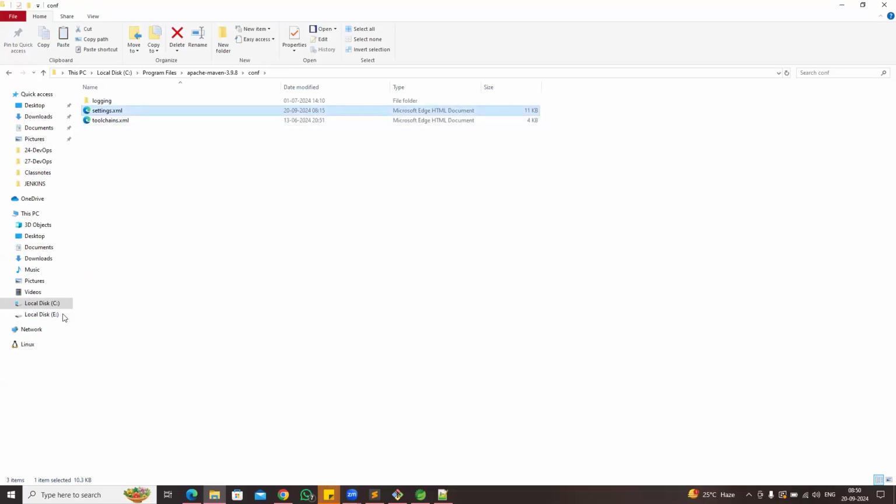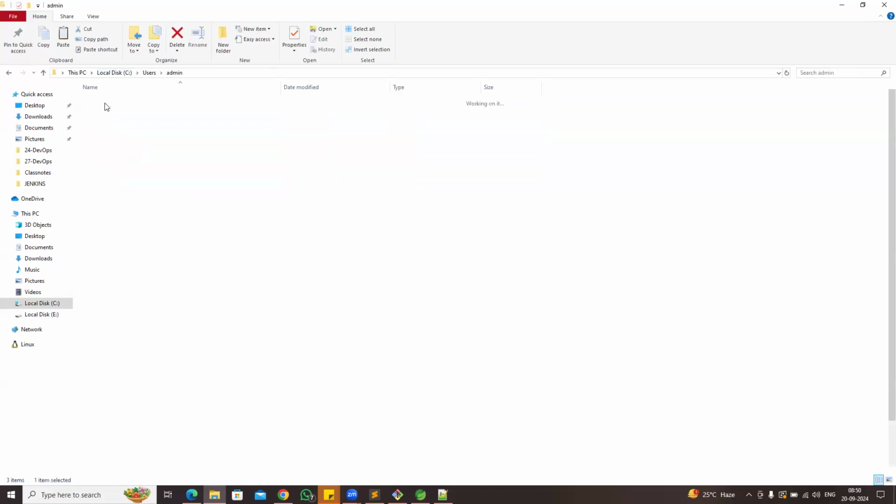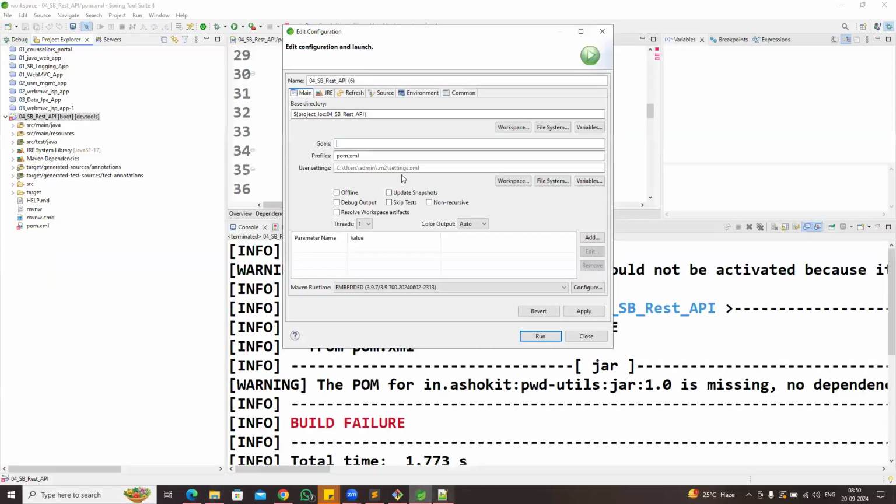Take the settings.xml. Let me go to the Maven local repository. It is searching in the local repository every time. Yeah. Let me add it here. The settings.xml file I kept in the local repository, which is taken by my IDE by default. So I need not give the path every time. In this location, it is searching for the settings.xml. I added my settings.xml here. Goals, clean package,